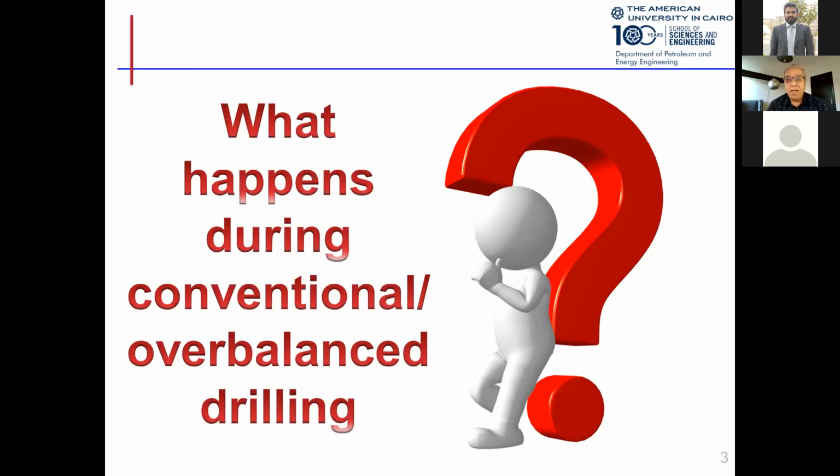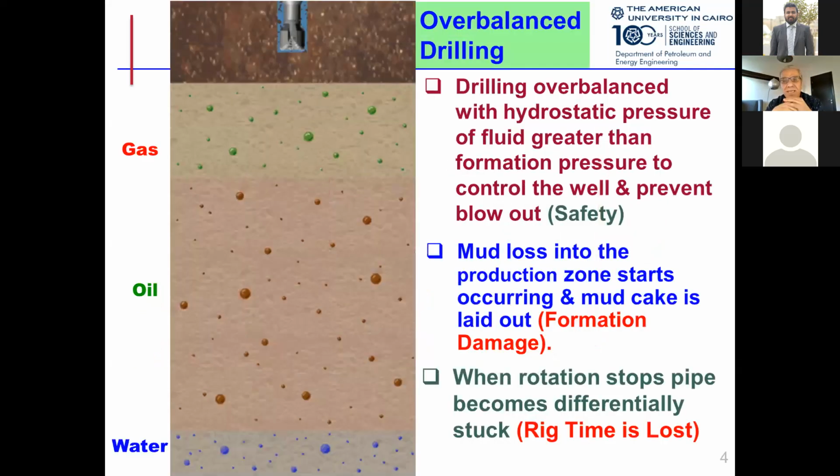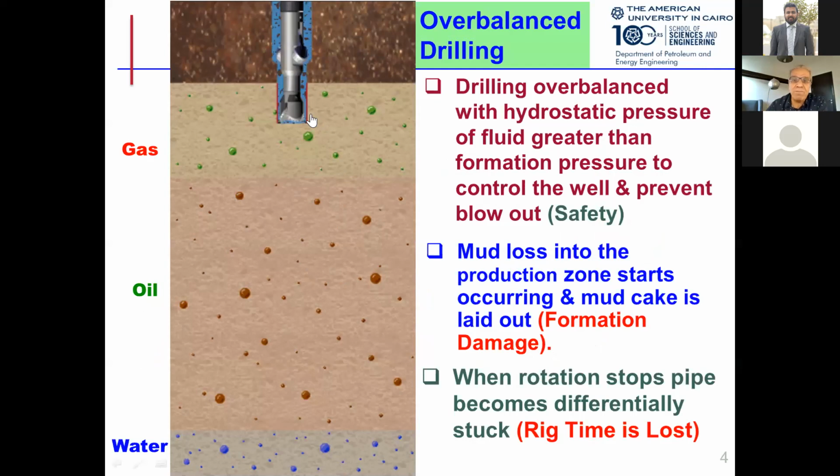Now, overbalanced drilling means the hydrostatic pressure, as you learned in fluid mechanics, along with friction and choke pressure, is larger than the reservoir pressure. And this is usually followed for safety reasons. As you can see, guys, when the drill bit hits the reservoir, or the top of the reservoir,